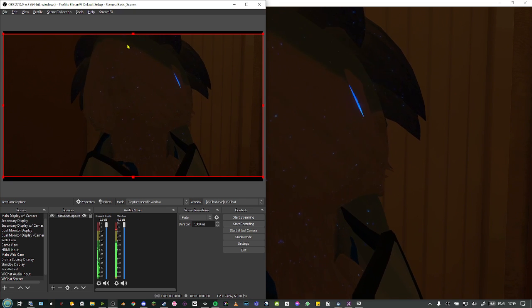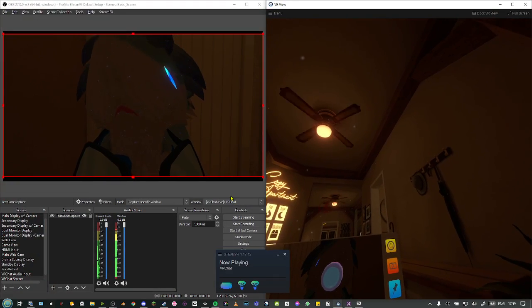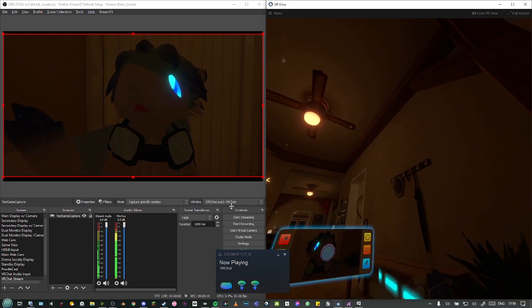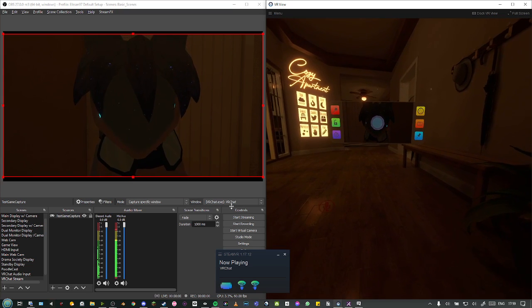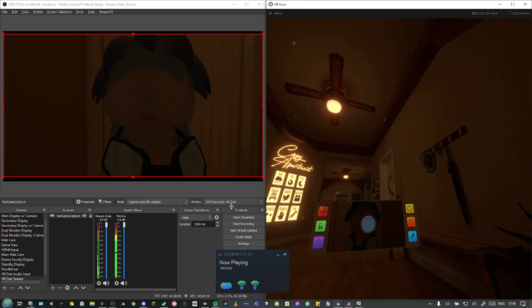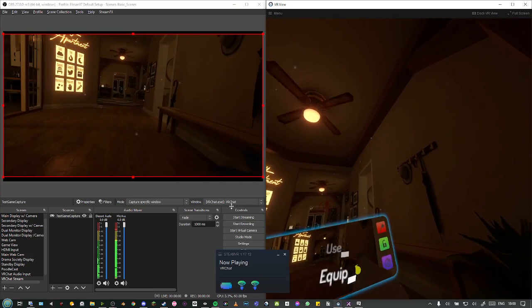And yeah, that's how it goes. So you can actually, on the right here, see what I'm seeing from the headset, and then on the left is what OBS is capturing. And that is how you set up the